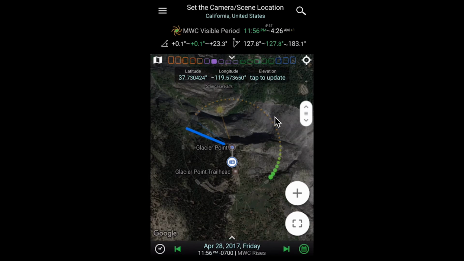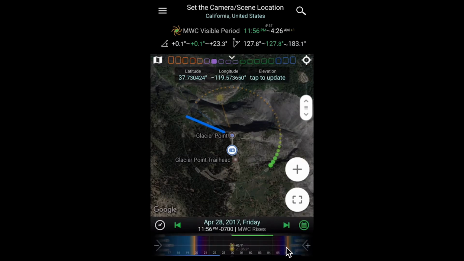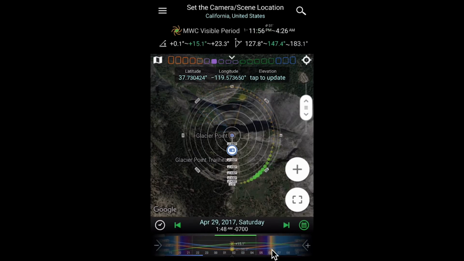And you can see here, that's an arch. And you see this gray circle over there? Whenever you see a dot on the circle, it means it's at elevation 0, which means it's at the horizon. So right now you can see these dots are very close to the circle, which means it is very low on the ground. When I change the time to make it higher, you can see now the Milky Way